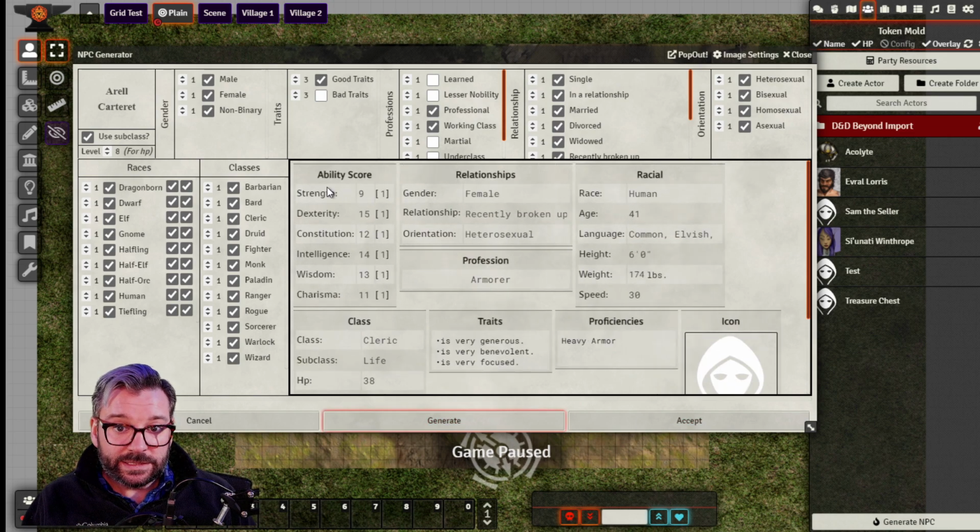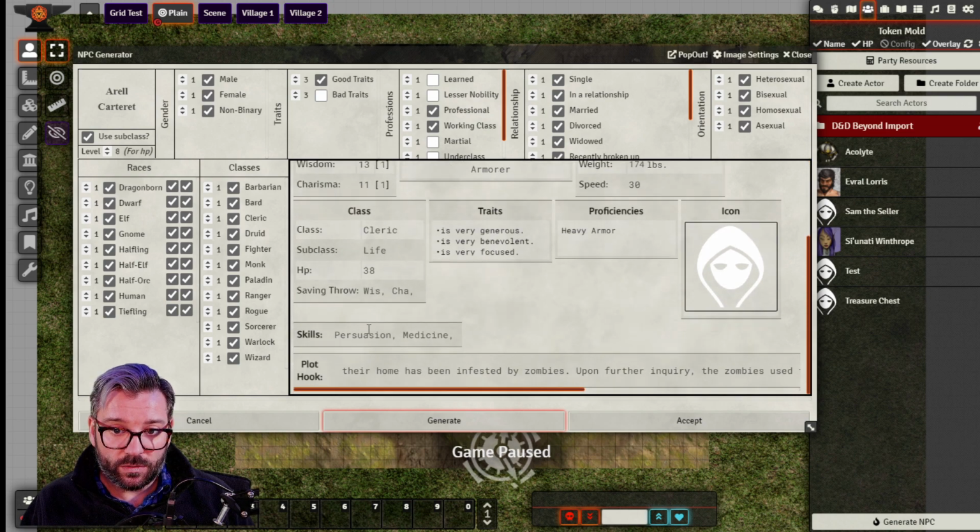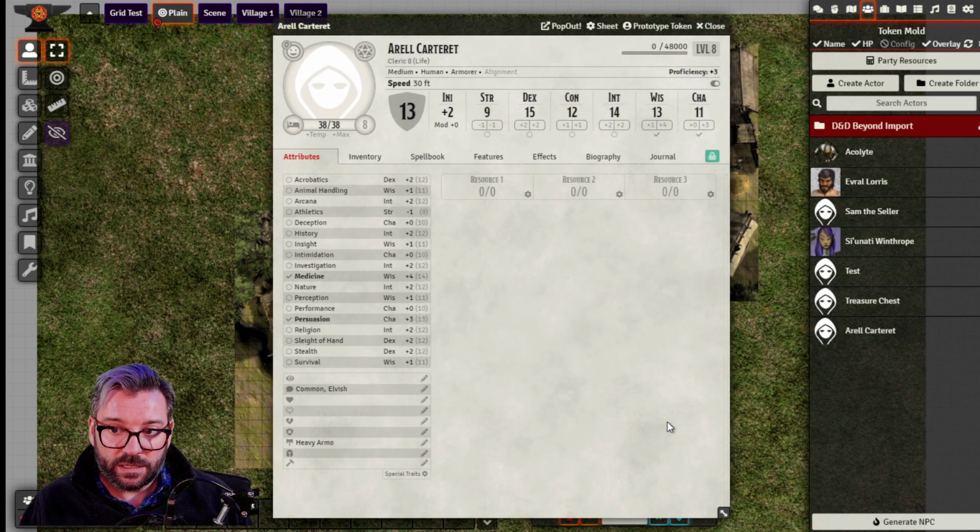generate. Now it's generated a person. It gives you all their ability scores, their gender, their relationship, their orientation, what they do, age, languages, size, what they are, some traits, and then a plot hook about them. You hit accept, and it has created Errol